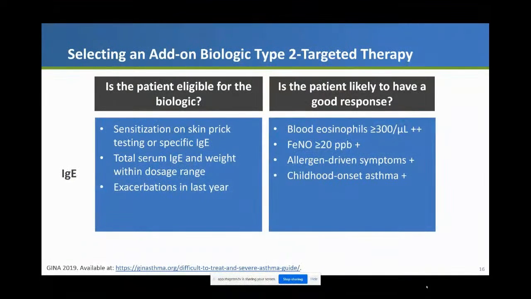Got it. So you're going to talk about what makes a patient a candidate for omalizumab, what makes them a candidate for the IL-5s, what makes them a candidate for IL-4. We have the GINA recommendations for how long you trial a therapy. Do you switch? Do you not switch?